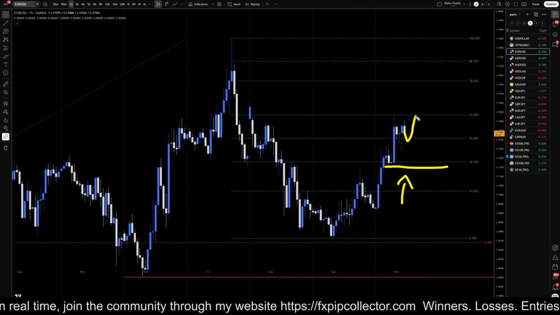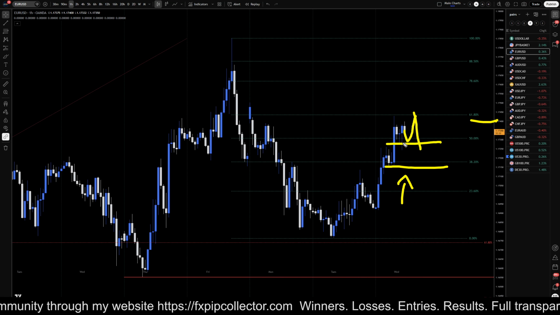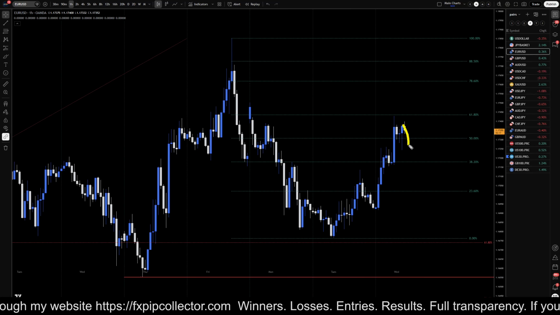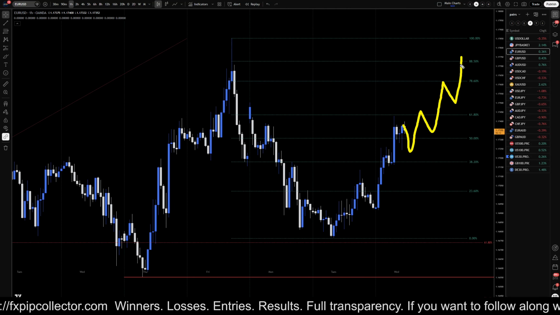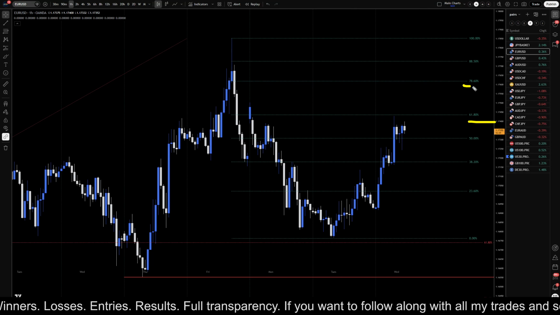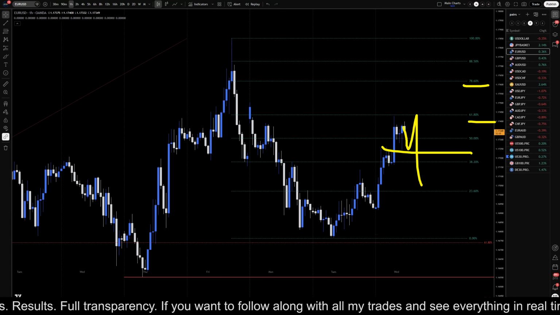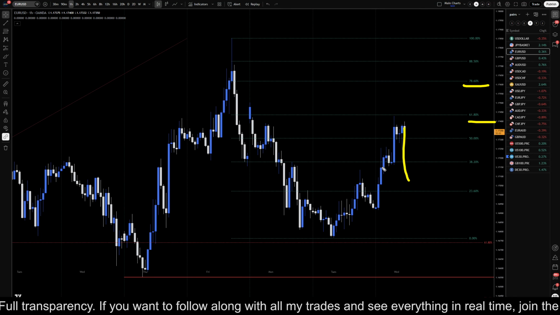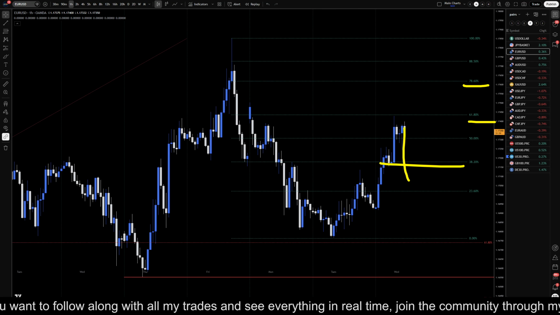Or unless it goes up to a Fibonacci level and then goes down and breaks structure like that, making a double top. It could possibly go down, up, up, down, making higher highs, higher lows, and it could just keep on going up. But if it does break to the downside at a Fibonacci level, like this, or it just turns down now and breaks this, then that definitely would turn me back to being bearish the euro dollar.